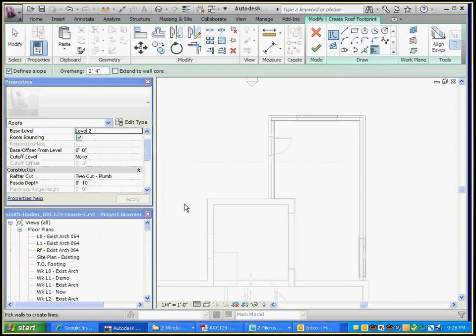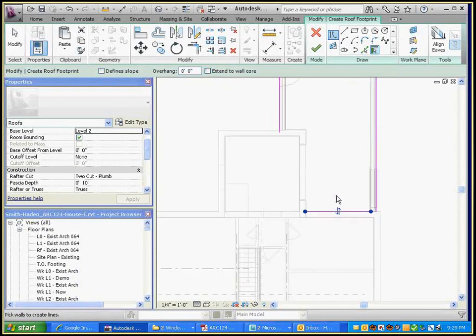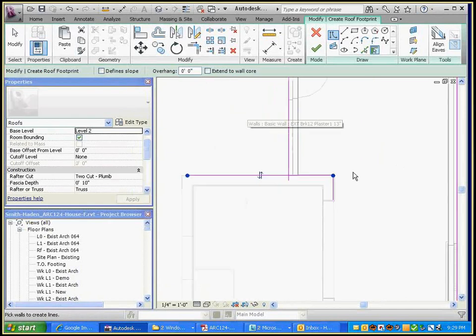So I did that all from within the roof sketch. So I don't want to forget I'm still in sketch mode. So now I'm ready to pick walls. The overhang I want to be 0 now because I don't want to have an overhang with this flat roof. And then I don't want these edges to define slope because I don't want to start a pitched roof coming up from these edges. So I uncheck that, and then when I pick the walls, I can have them lined up with the outside face of brick, and then those edges just line up with where the brick is on the existing building, and then trim